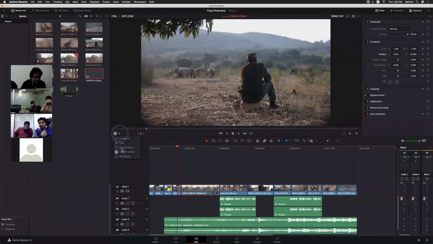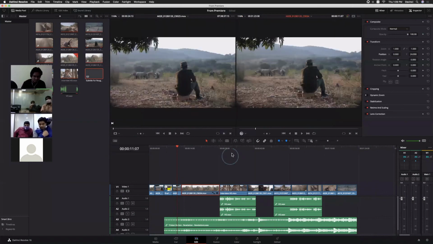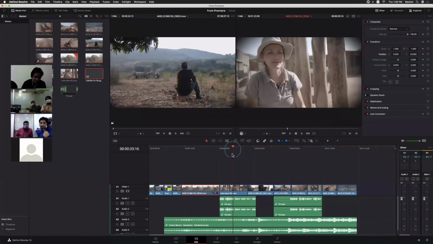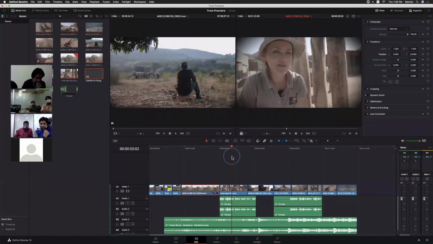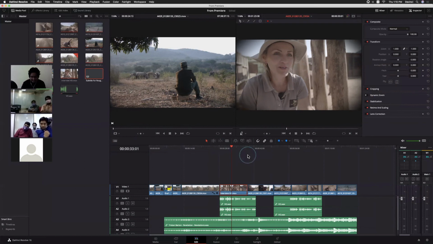Yesterday you were asking about the annotations also, right? Yes. But the annotation thing is useful for reference purposes only. Let's compare with the markers. We use markers a lot, right? To mention a particular portion to a CG guy or to some other person. The same thing we can do with the drawings, both for the source file as well as for the timeline clip. Just click here, click annotations.